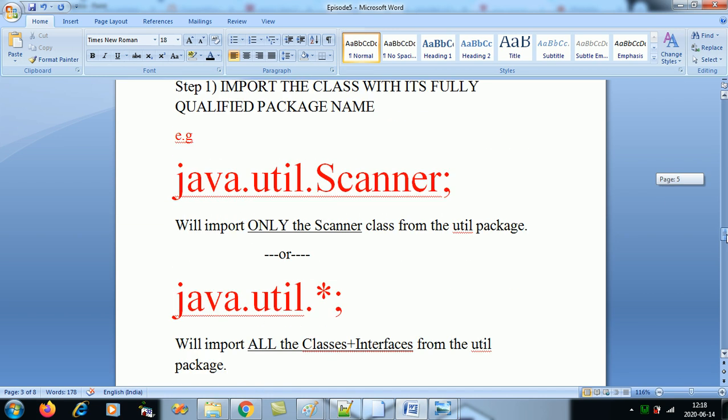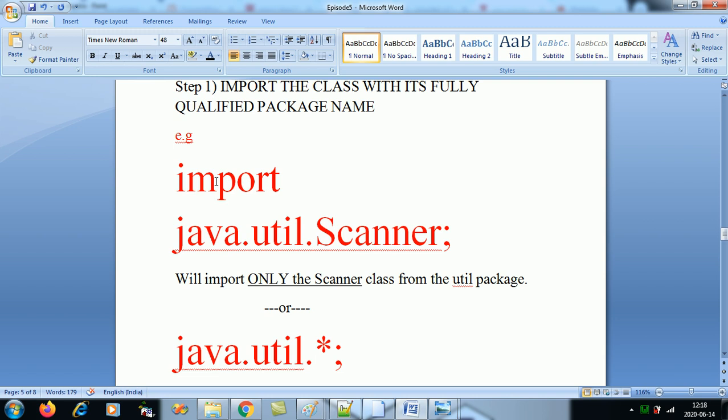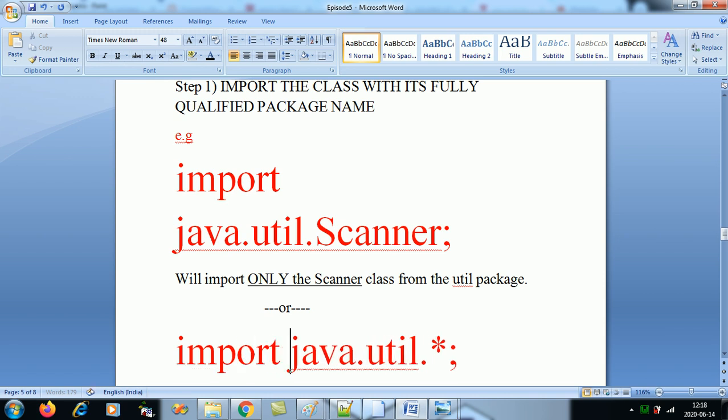So you have to give it like this: java.util.Scanner, and you have to give the keyword import. So if I want to do this over here, I have to write import, then a space, and java.util.